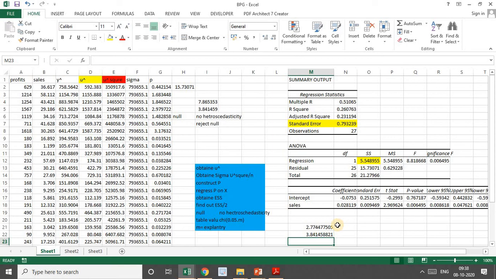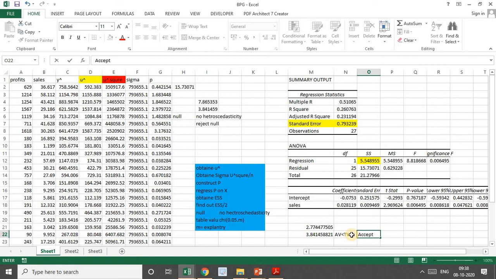Okay, so here it is 2.77. Okay, so actual value is not greater than table value, so you have to accept the null hypothesis. Okay, so a null hypothesis here is